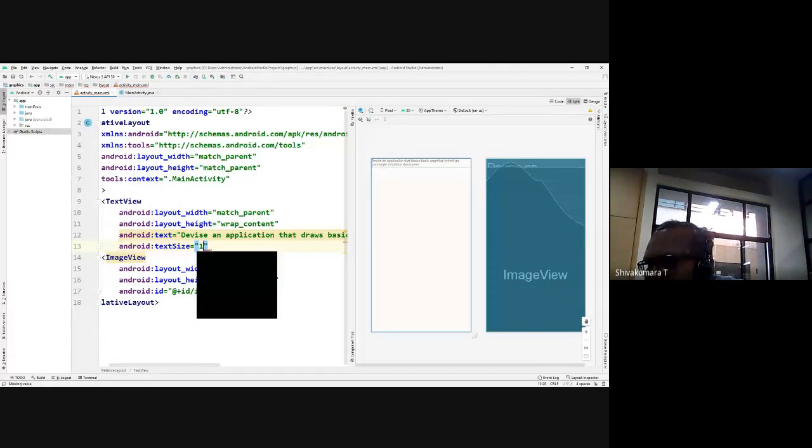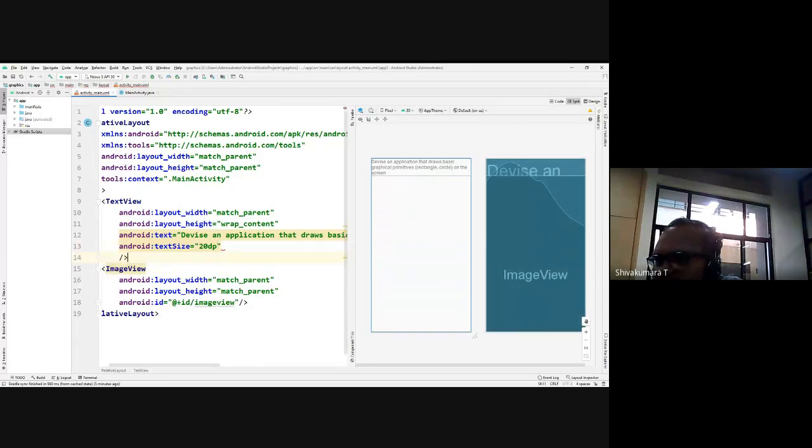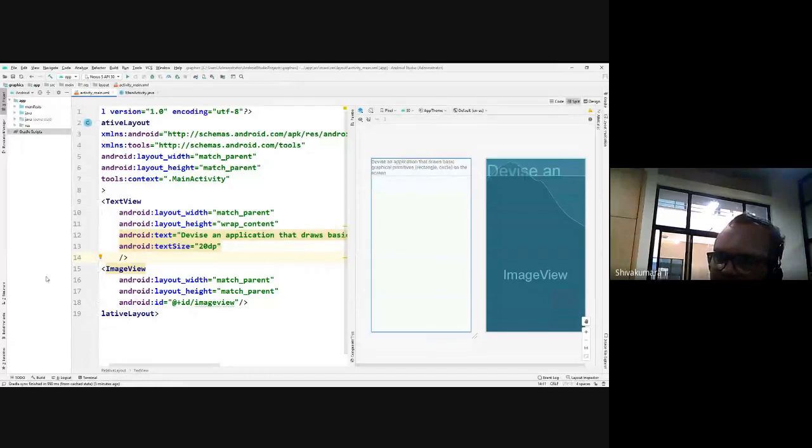You can increase the size to 20 dp, then close it.